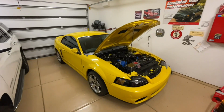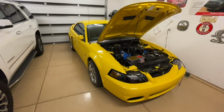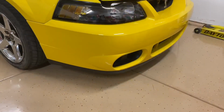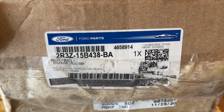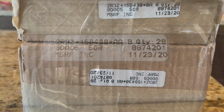Hey guys, Danny Johnson here, and what I like to do is collect some parts that may need replacing someday down the road, especially on these cars as they're getting older. And one of those parts is the fog light / brake vent bezel here. So these are readily available right now as the Ford official part, and we're going to talk about that, how